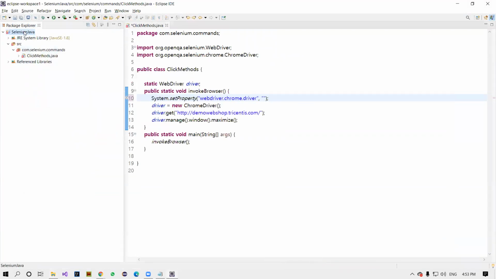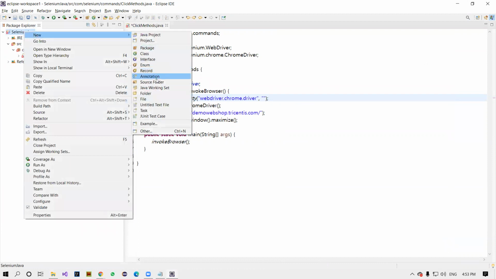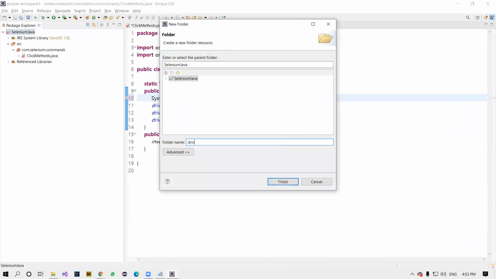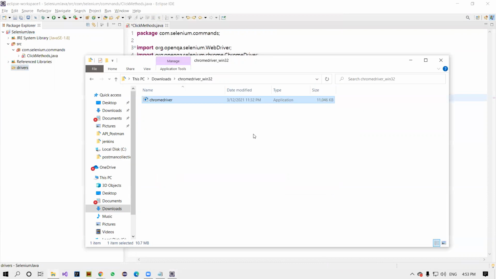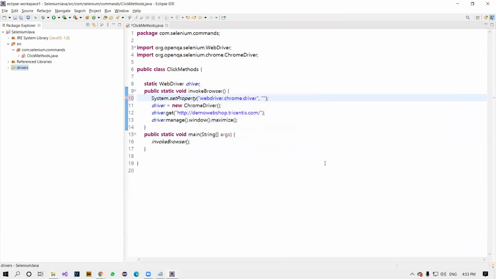Right click on the project, and you can create a folder in the project called drivers. Here I'm going to copy these drivers. Perfect, so it is inside the project now. Now you can give a static path, not a dynamic path.